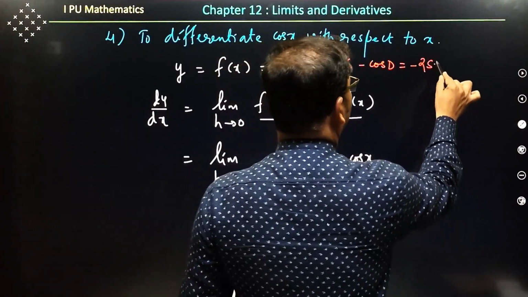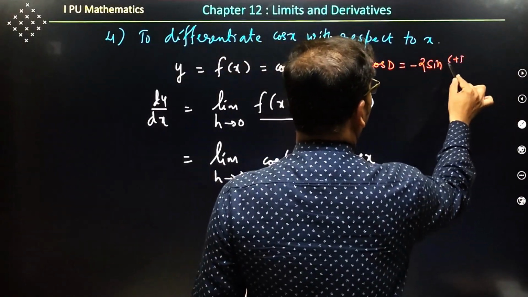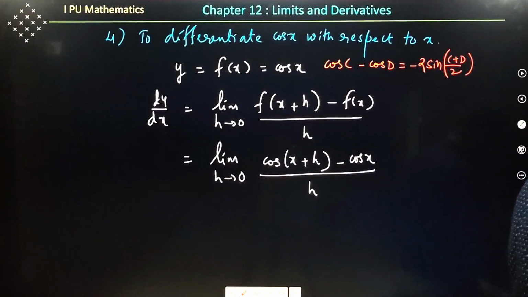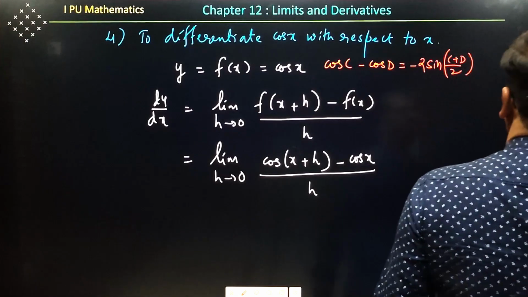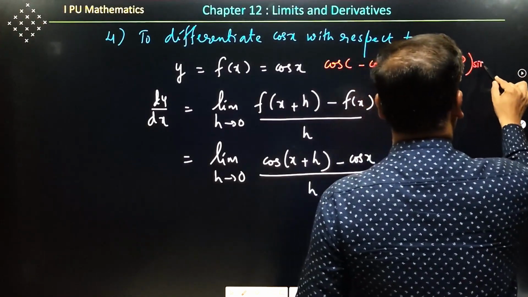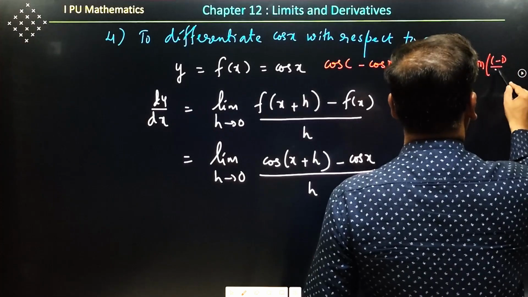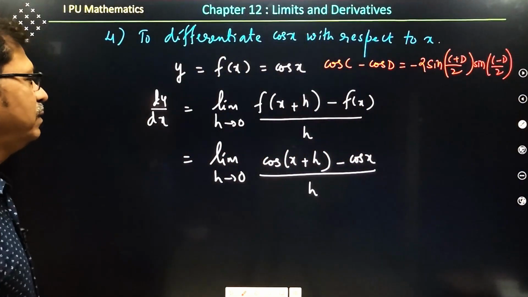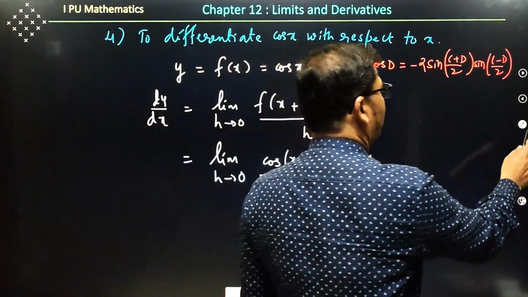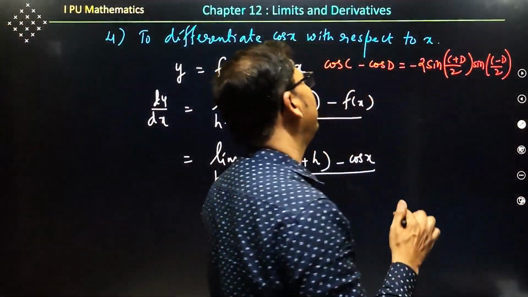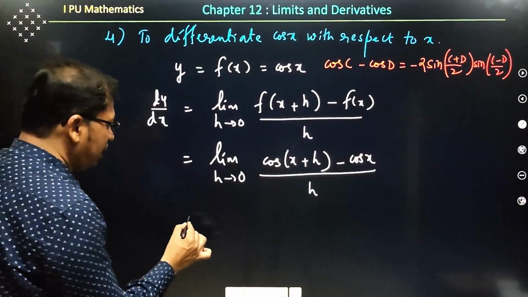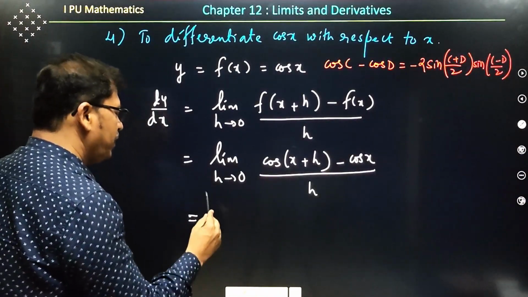Minus 2 into sine of c plus d divided by 2, into sin of c minus d divided by 2. Okay, apply that. This is equal to limit